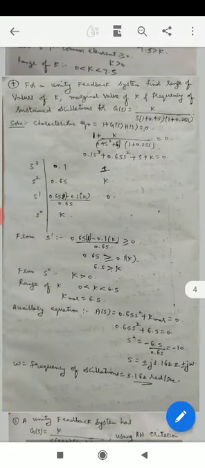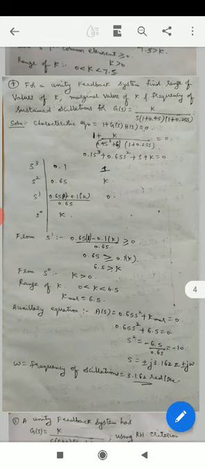In the next problem, the continuation of the same problem, you'll be asked with the extra parameter: find the range of k, that is k means gain of the system, the marginal value of k, and the frequency of sustained oscillations. This parameter is important. So we'll discuss what this frequency of sustained oscillations is and how to find it.